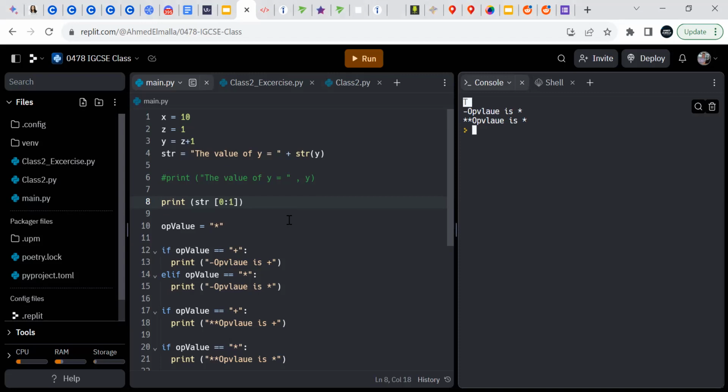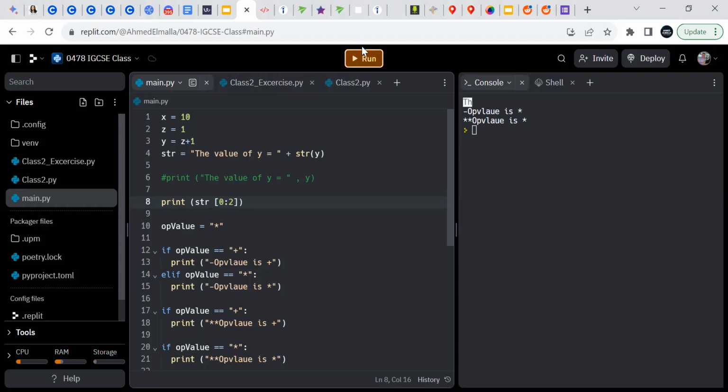But why is that? Actually, this last number is not inclusive, it's exclusive. So if I make this number 2 and I run it, I'm able to get th.